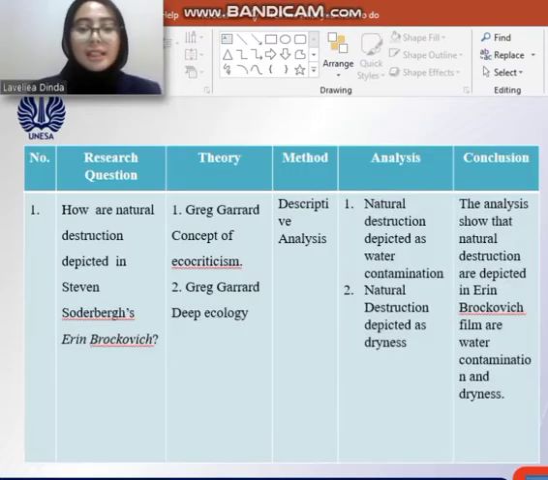this is the explanation of research question number 1. How is natural destruction depicted in Steven Soderbergh's Erin Brockovich? The theory that I use is the concept of eco-criticism and deep ecology by Greg Garrard. Based on this analysis, the natural destruction depicted in Erin Brockovich are water contamination and dryness. Next,